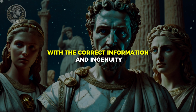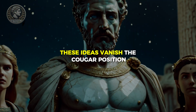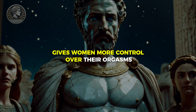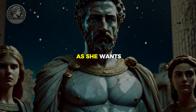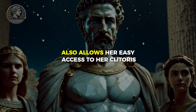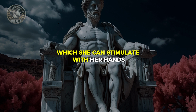With the correct information and ingenuity, these ideas vanish. The cougar position, in which the woman is on top of the guy, gives women more control over their orgasms. The lady can move as quickly or slowly as she wants and control the depth of entry. The woman's position on top also allows her easy access to her clitoris, which she can stimulate with her hands